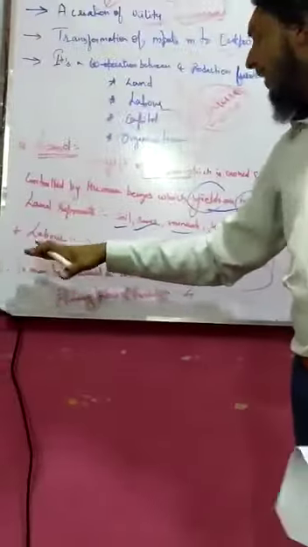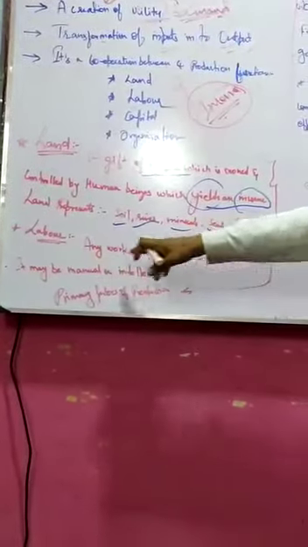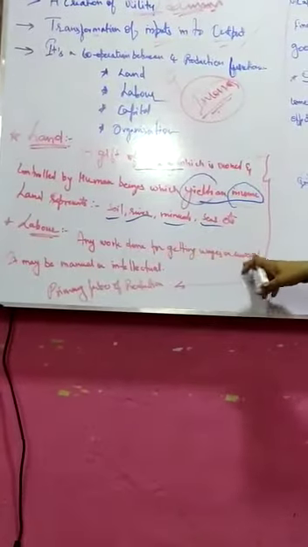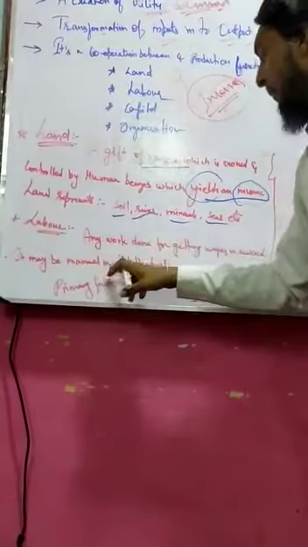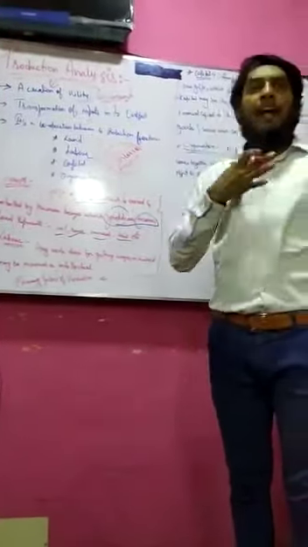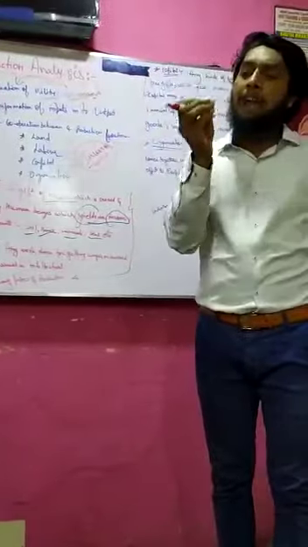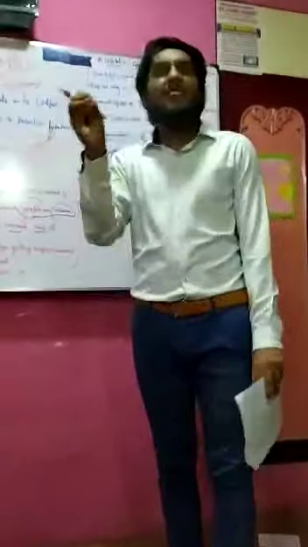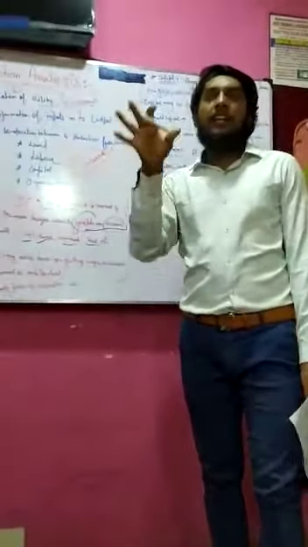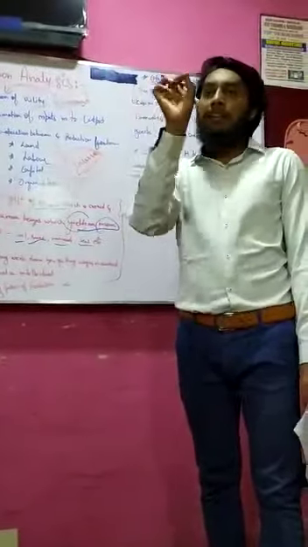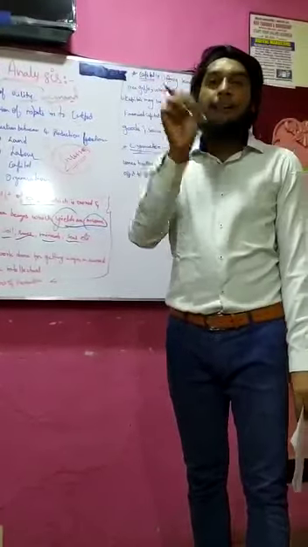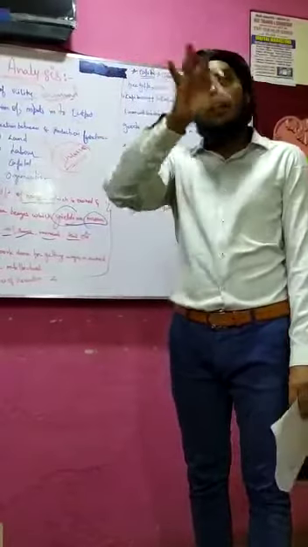Okay. Next is labor. Now let's go to labor. See the simple definition. Any work done for getting wages or reward. It may be manual or intellectual. So labor is any work. For example, I am working and I have the desire to work, which means I will work for wages. I am working for some reward. Everyone has a mentality, right? Every human psychology is what? If he works, he should get a salary. If he works, he should get wages, extra benefits, car, petrol allowance, all these things.